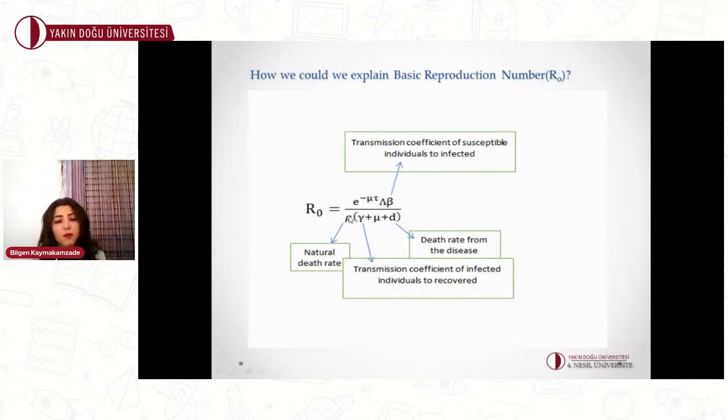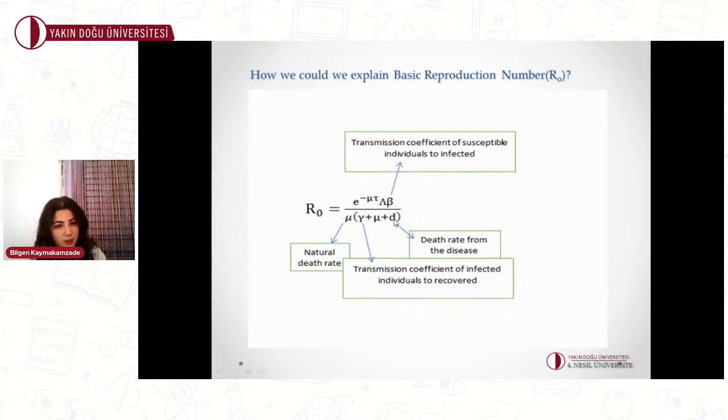But what is the meaning of natural death? It means that the person is going to be dead. If they are dead, they will not be in contact with the infected class, so they will not be infected, so the infected class is going to decrease. Similarly, if any person dies because of the disease, they will not contact any susceptible person, and they will not infect any susceptible. Therefore, R0 again decreases. These make sense, though of course these situations are not what we expect.